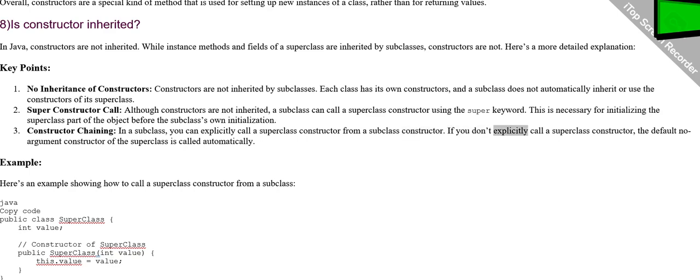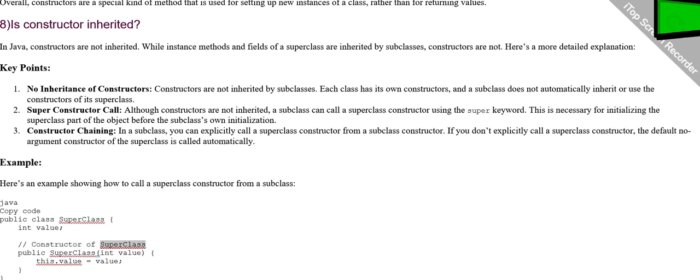If you don't explicitly call a superclass constructor, the default no-argument constructor of the superclass is called automatically. Example. Here's an example showing how to call a superclass constructor from a subclass. Java. Copy code. public class Superclass { int value;